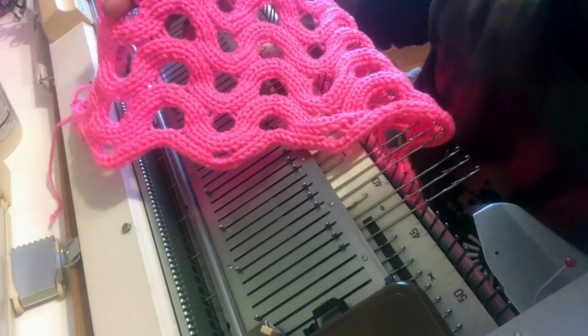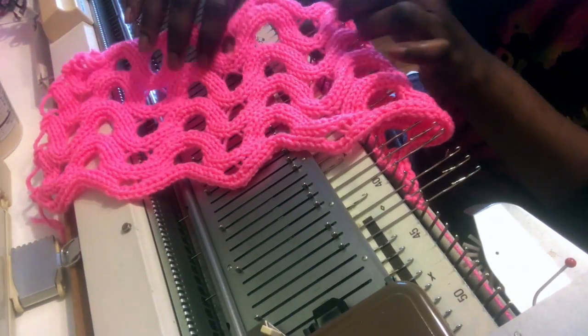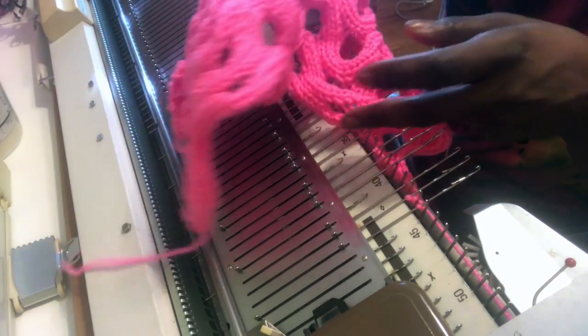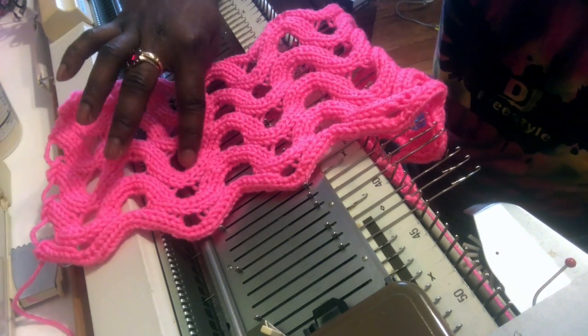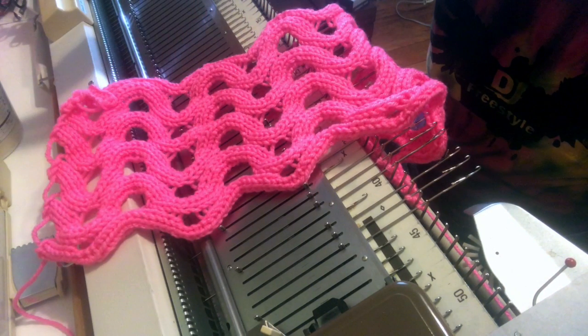My carriage was set to 7 and 2 clicks. And this is on my bulky machine with the worsted weight. But you can do this, like I said, with any yarn on any machine. Fool around with it. Try 5 stitches in work, maybe 2 out of work, or 6 stitches in work. Try it instead of doing